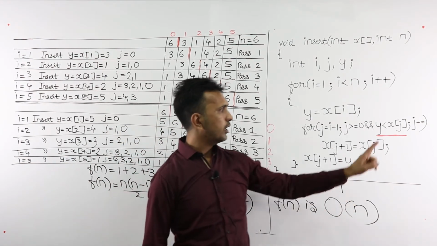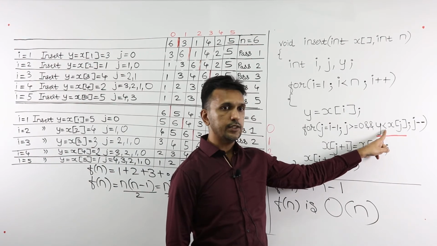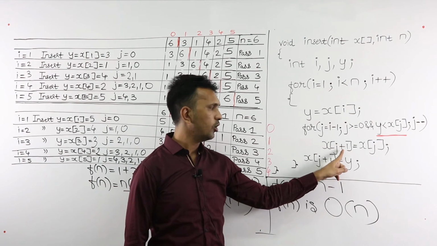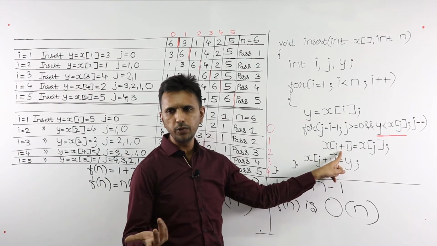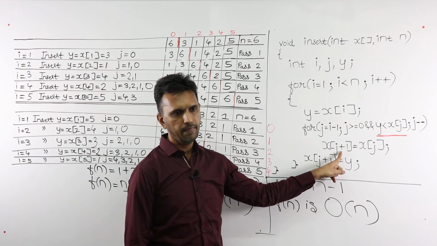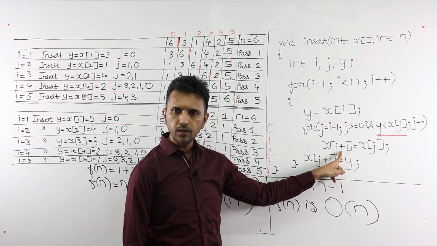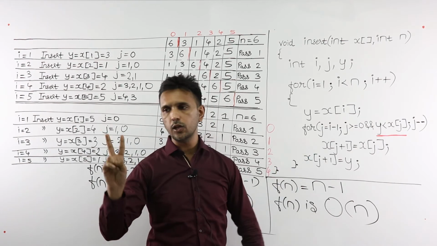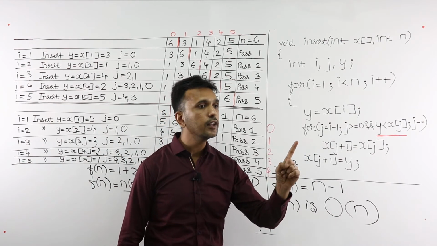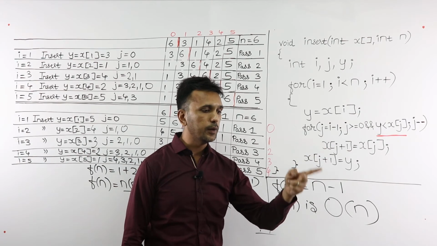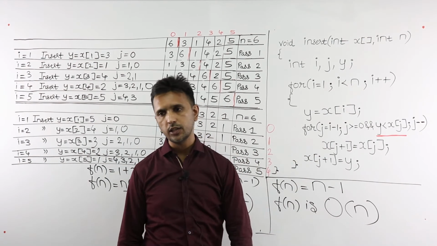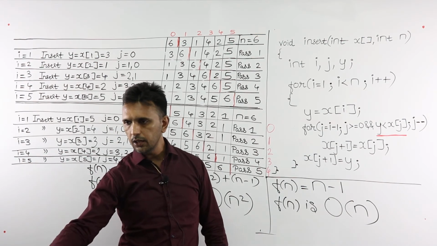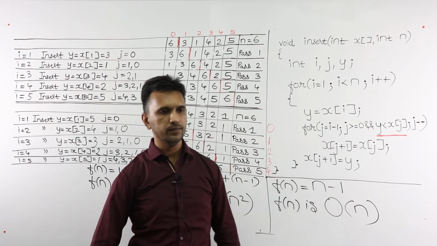First one, the comparison. Second one, the statement which does shifting. In insertion sort, it was this statement, which we didn't do in detail, but it was this statement. Any doubts here? Okay, I repeat, in any non-recursive sorting algorithm, we can consider two operations as critical operations. Number one, comparison. Number two, shifting statement, swapping statement. Any doubts?